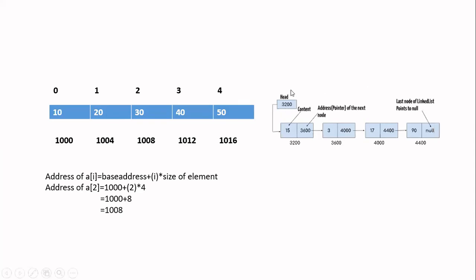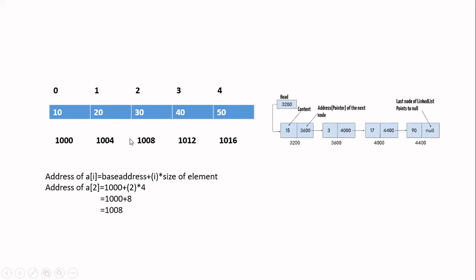Now, in addition, I need to store this pointer also. Okay, this pointer is going to occupy 8 memory locations. So to store 4 nodes in case of linked list implementation, you have to see what is the data type of the node. If it is integer, I'm talking about integer, and I'm assuming that my compiler is going to take 8 bytes for a pointer. Okay, so in that case, 4 multiplied by 4 plus 8, 4 for the data field and 8 for the pointer field, address field. That many memory I have to allocate for this. In addition, I have to allocate 8 memory locations for this pointer.